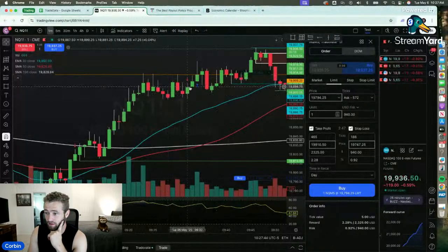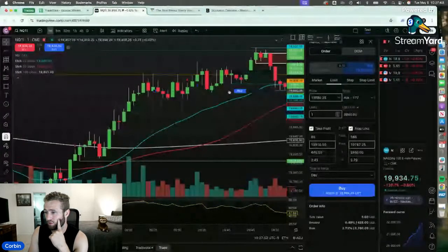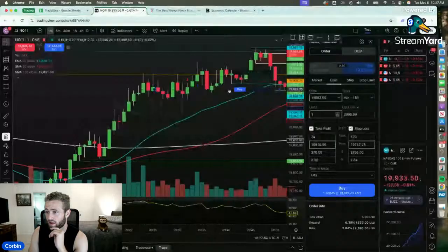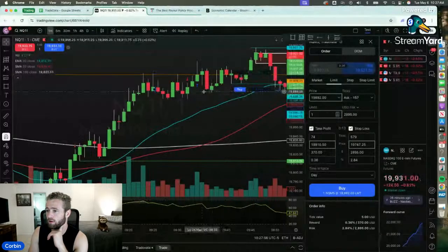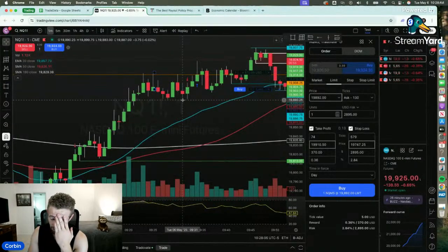I'm glad I waited for a little more confluence, but ended up getting in right around there for short, and ended up getting stopped out at a break above the order block, breaker block. And I think that was for a loss of about